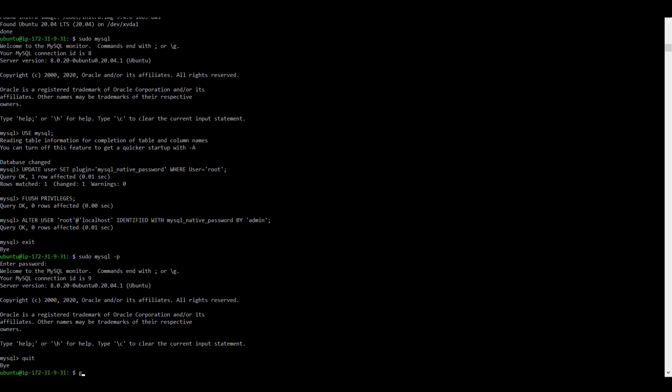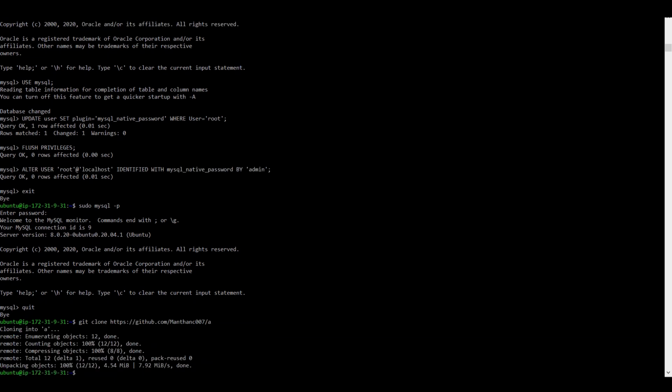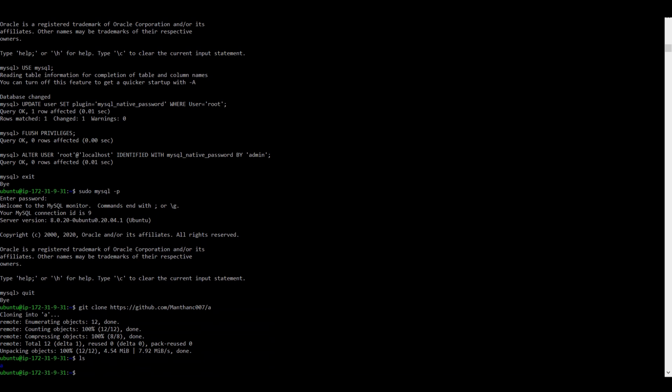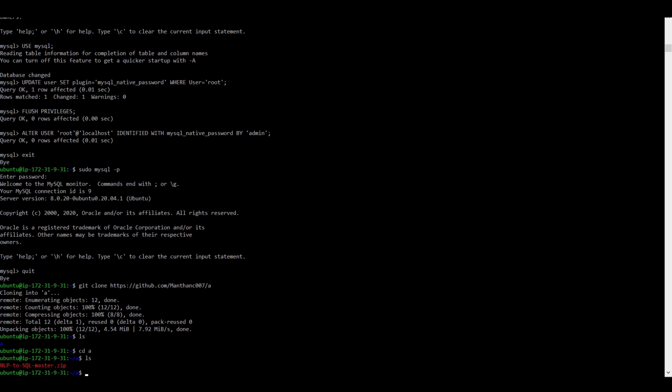Okay, so now we will git clone our file which we will be running. It's cloned. Okay, so cd, ls. We have to unzip it. To install unzip, you have to type this code: sudo apt-get install unzip.